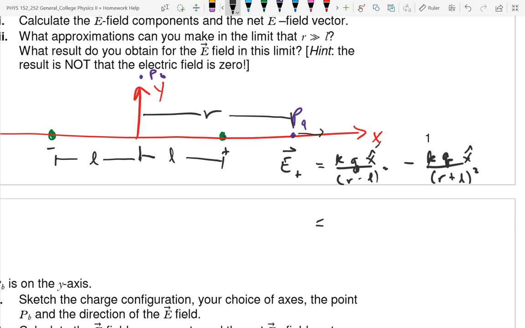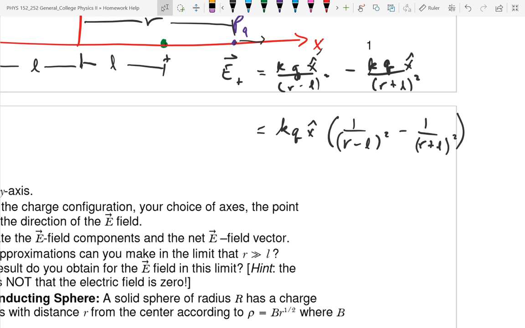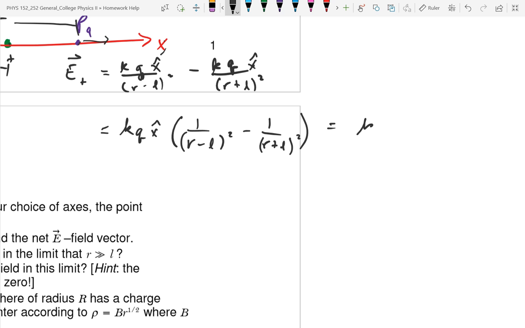What do I need to do? Okay, common denominator. So I'm going to factor out the kq x hat. And I have 1 over (r minus L) quantity squared minus 1 over (r plus L) quantity squared. And I need to find a common denominator, which is going to be (r minus L) quantity squared times (r plus L) quantity squared. So this is going to be equal to